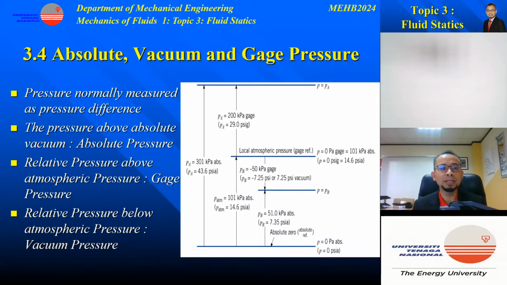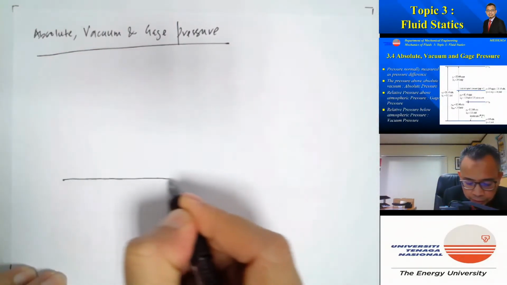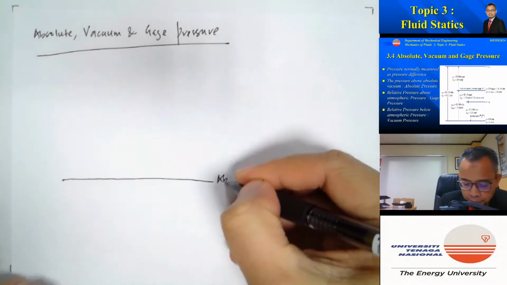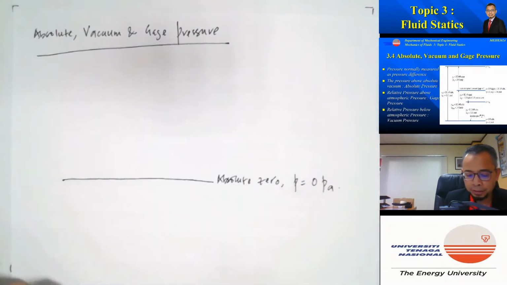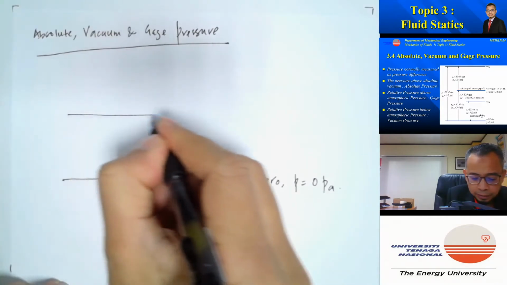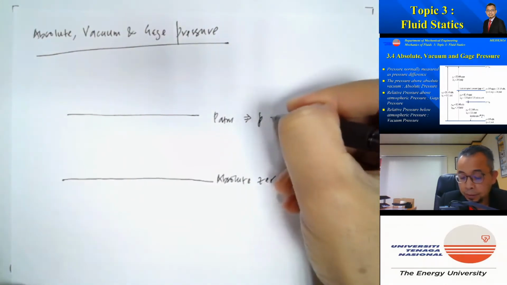Pressure is normally measured as pressure difference. Pressure above absolute vacuum is called absolute pressure, whereas relative pressure above atmospheric pressure is called gauge pressure. And relative pressure below atmospheric pressure is called vacuum pressure. So if this line represents absolute zero, P is actually equal to 0 Pascal, then this line represents P ATM, where P is equal to